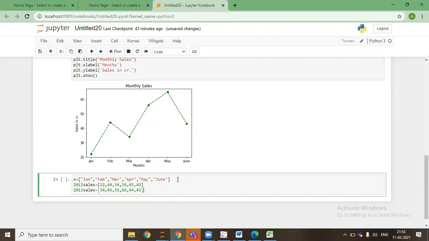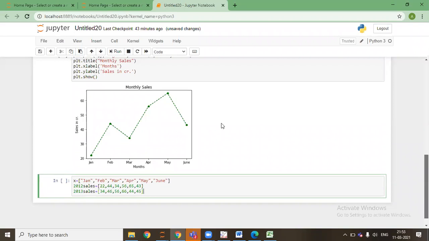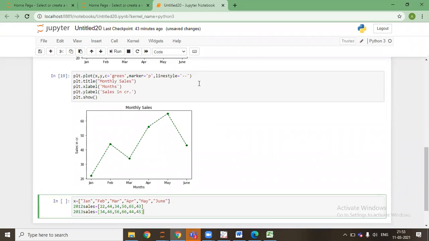Here, what we simply need to do is add two plots to it. A plot refers to the figure that is being plotted, and here what I have been plotting is a line graph. So I need to add two plots.